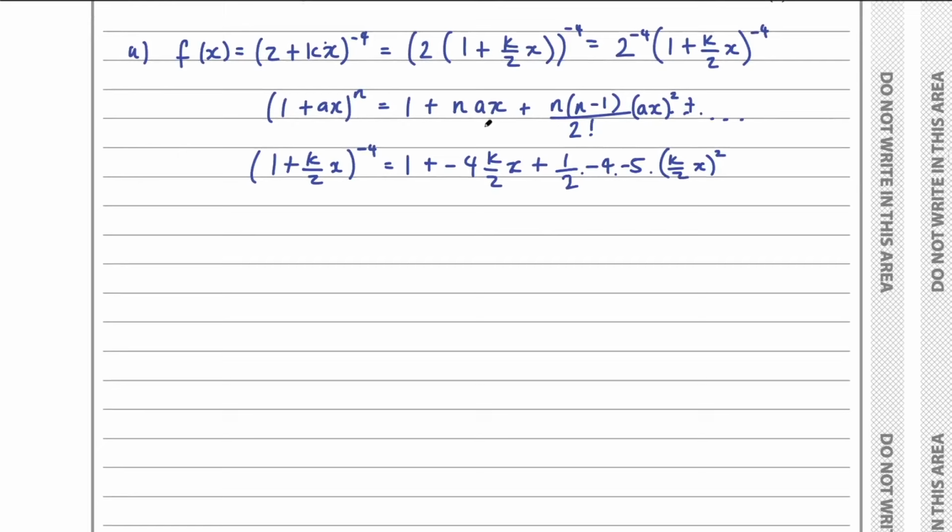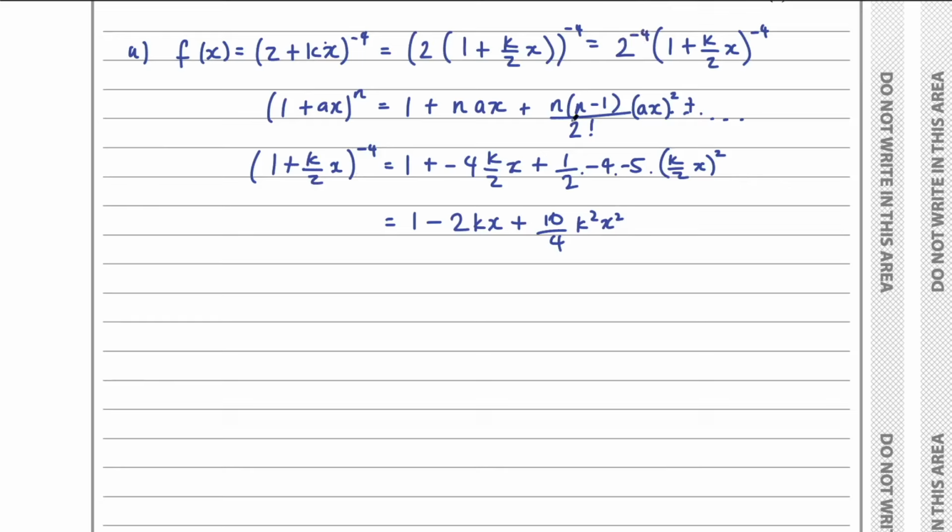So now let's go ahead and try to simplify this. So this could be written as 1 take, this would turn into a negative. 4 divided by 2 is just 2, so this would then be 2kx. And looking at this term now, we would have negative 4 times negative 5, that would be positive 20. Divided by 2 would be 10, and then we would have k squared on 2 squared. 2 squared is 4, so plus 10 on 4 k squared x squared. Okay, so that's for that part of the expression, but remember we also have this 2 to the power of